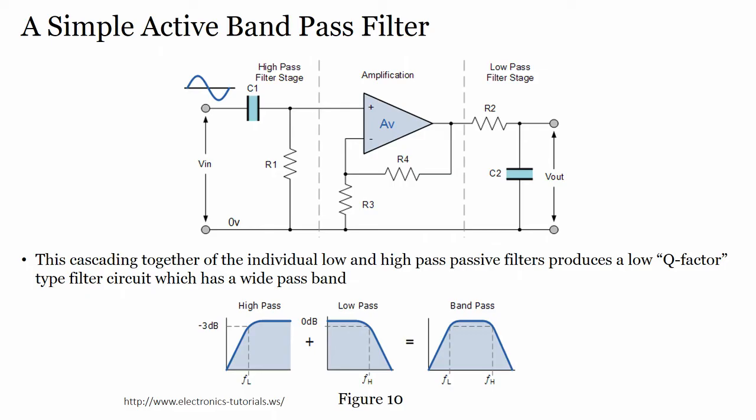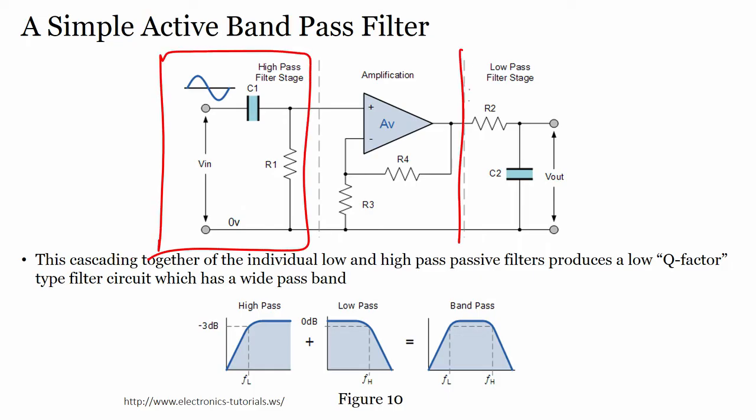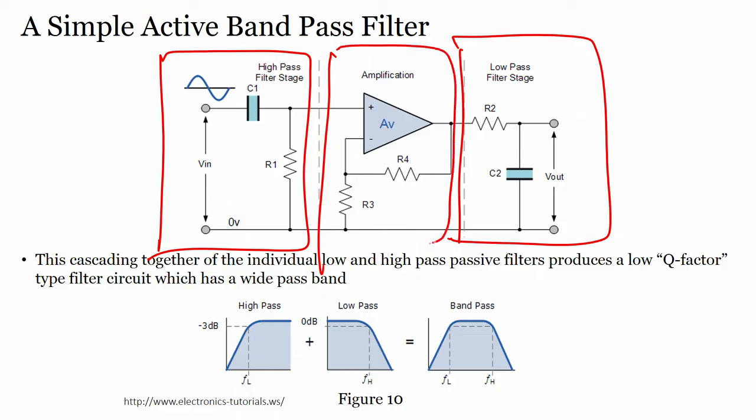So, you see you have a high pass filter at stage 1, which is here, a low pass filter at stage 2, which is here, and then you have your non inverting amplifier here, right. We apply this input signal to the non inverting terminal of the